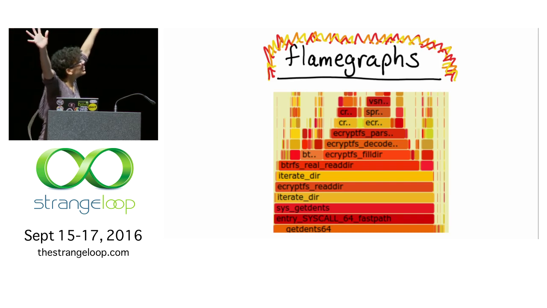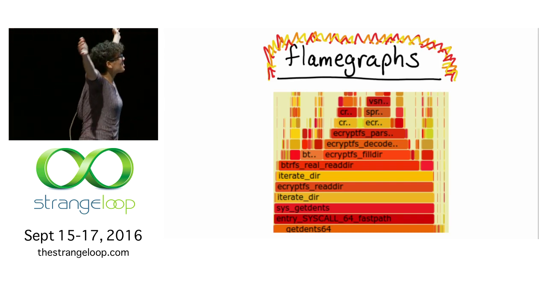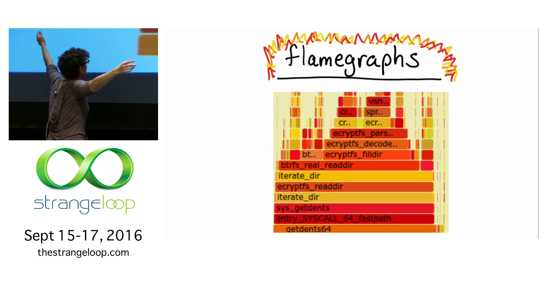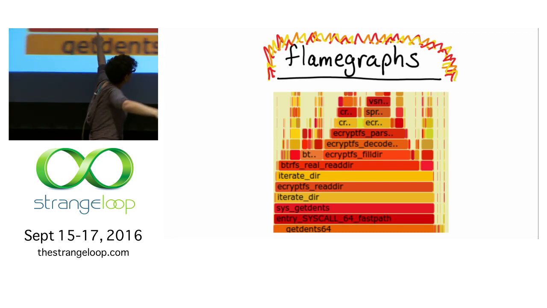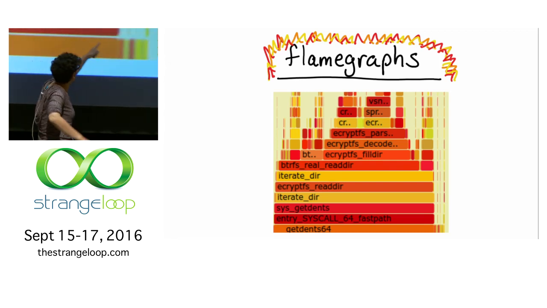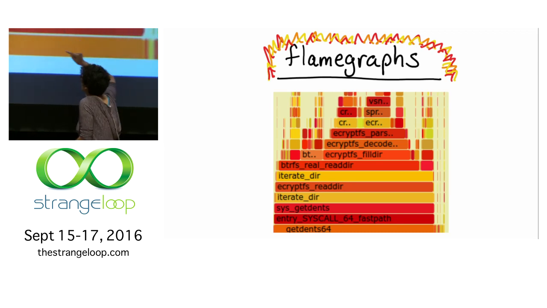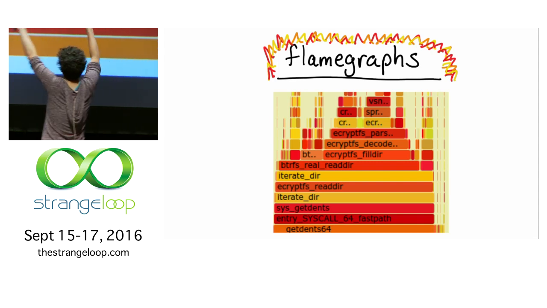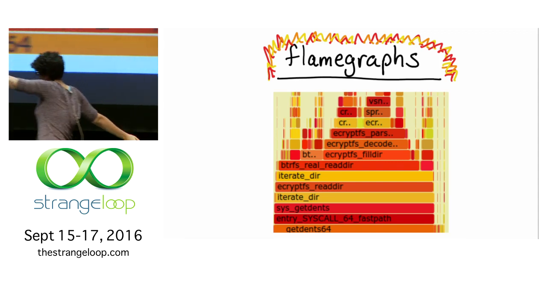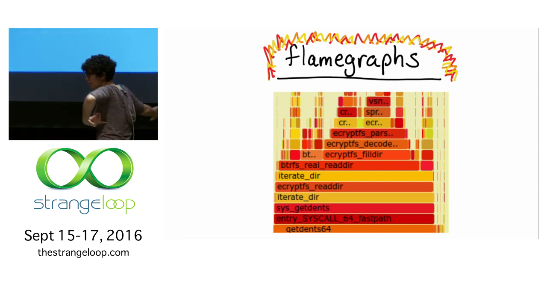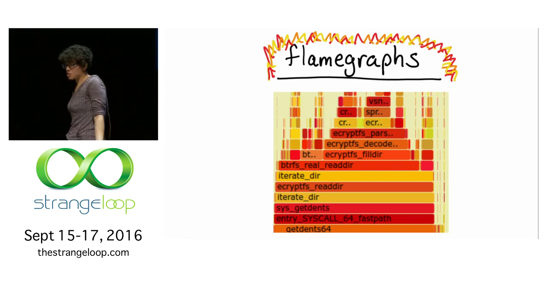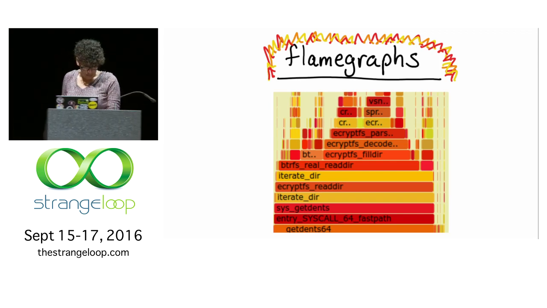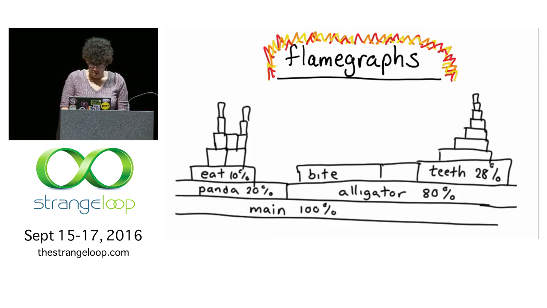Flame graphs are one of my favorite things. The way a flame graph works is you spend all this time in this function, and then it called that function above it, and it called that function above it, and then it called encryptfs build dir, and then that narrows up, right? And you can see the shape of how your program is spending its time. And this isn't just a perf thing, right? This is generally a nice way to visualize performance, which I really love.